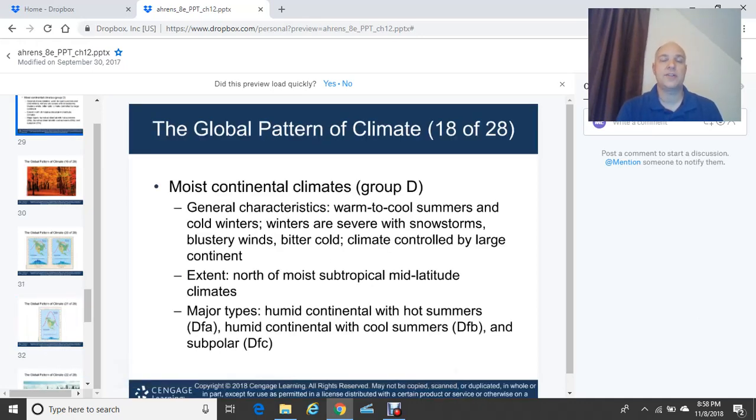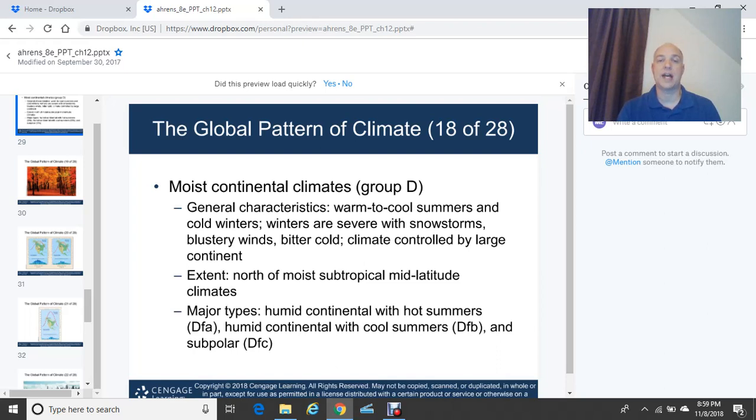Now we'll move on to the discussion of the next climate classification. We call this the moist continental climate, Group D. The general characteristics of Group D, the moist continental climates, are warm to cool summers and cold winters. Winters are severe in this climate belt with snowstorms, blustery winds, bitterly Arctic cold air, climate controlled by a large continent. The extent of the moist continental climates of Group D is north of the moist subtropical mid-latitude climates, and the major types